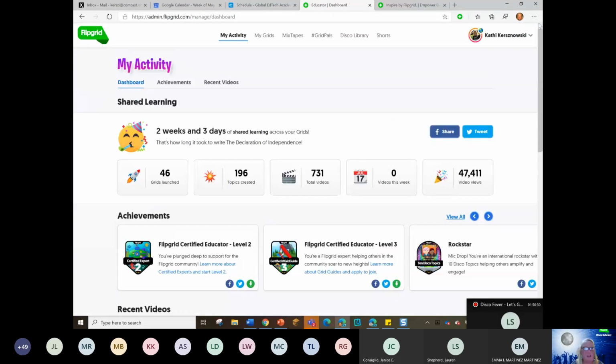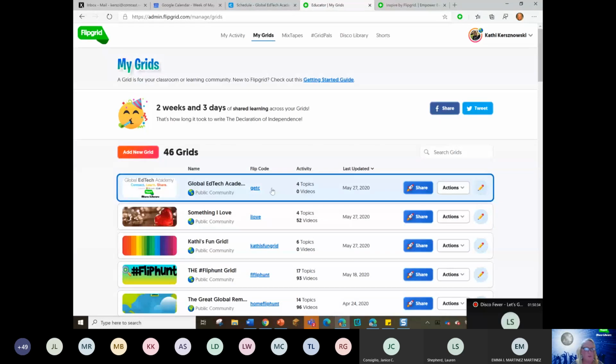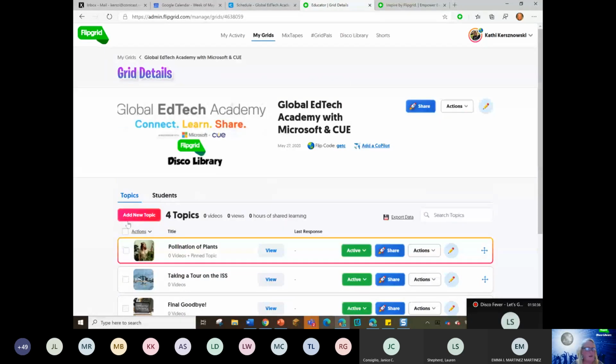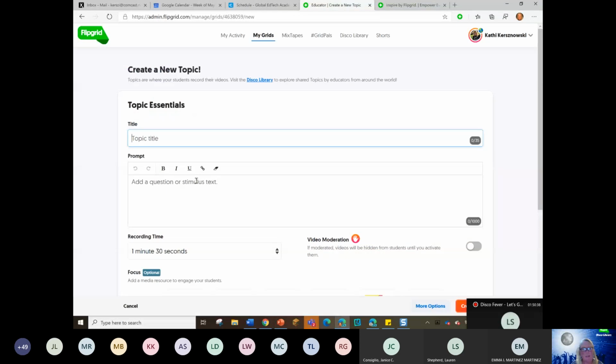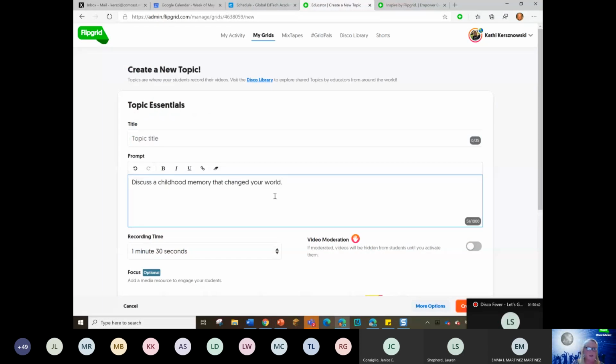I'm going to go to my grids. I'm going to come down to this one we're working on today, this global ed tech one, and I'm going to say I want to add a new topic right this minute because that was inspiring. And I'm going to just paste that in here. I just copied it. Now I pasted it. And I'll call it